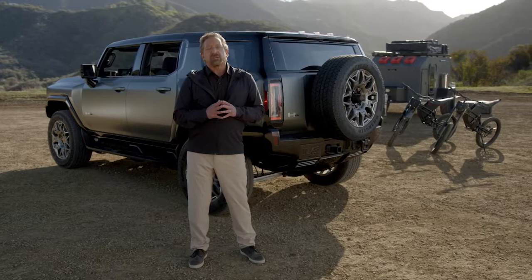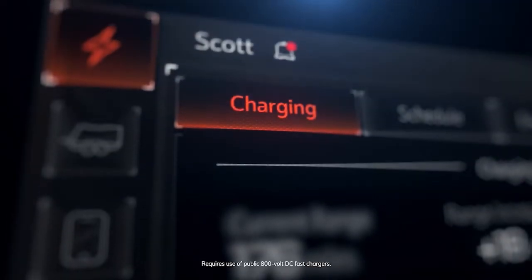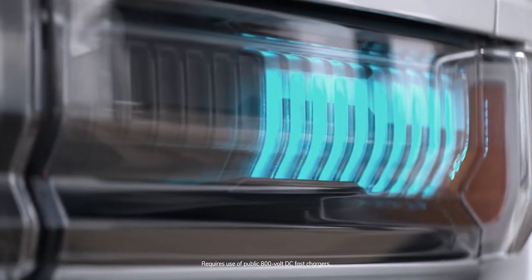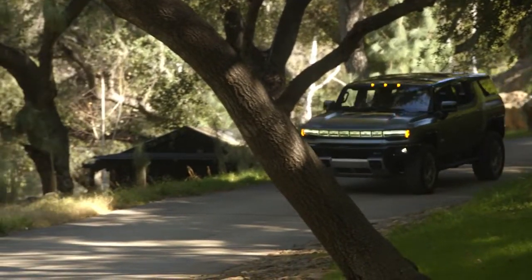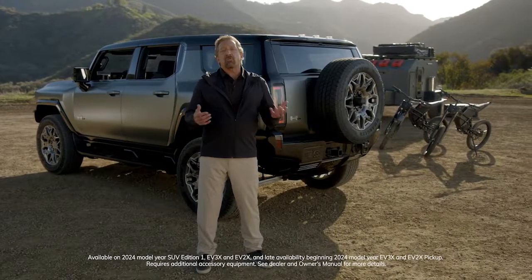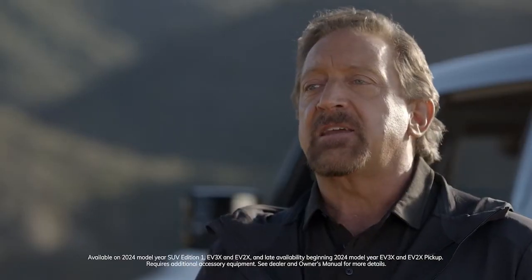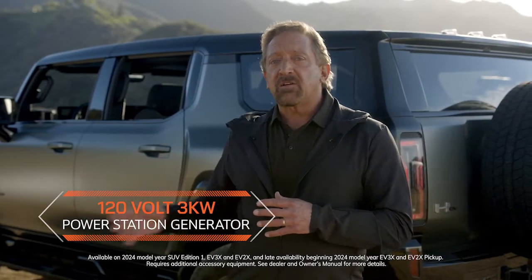Behind all of this is the Hummer EV SUV's Ultium propulsion system. The vehicle features a 20-module battery capable of 800-volt, 300-kilowatt DC fast charging that lets you take your adventure even further, faster. And in a location like this, the Hummer EV SUV can even provide power for adventure toys like e-bikes and overlanding accessories, or auxiliary lights and gear at a campsite. And it can even help jump charge another electric vehicle if needed, all thanks to its available 120-volt, 3-kilowatt power